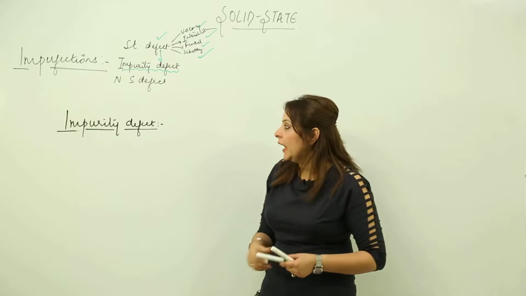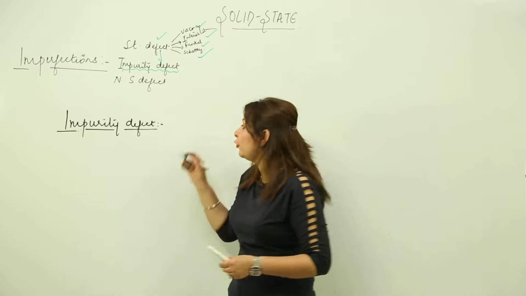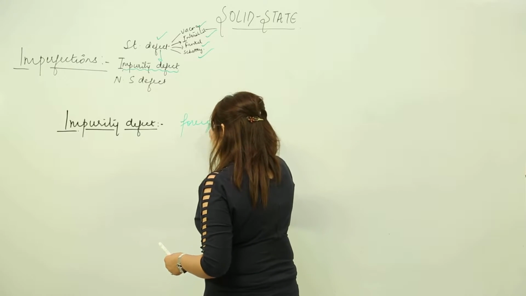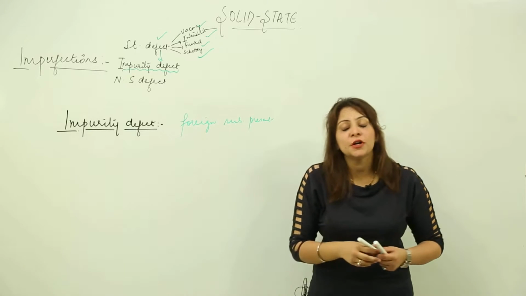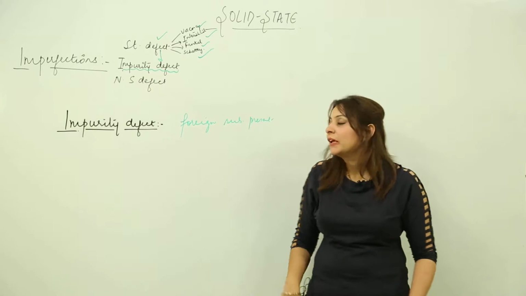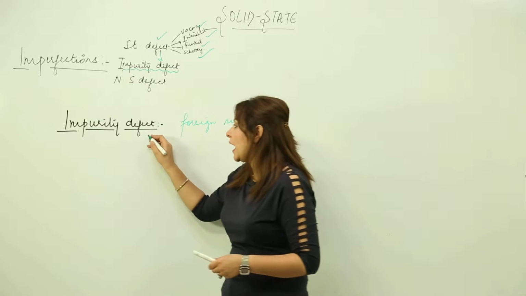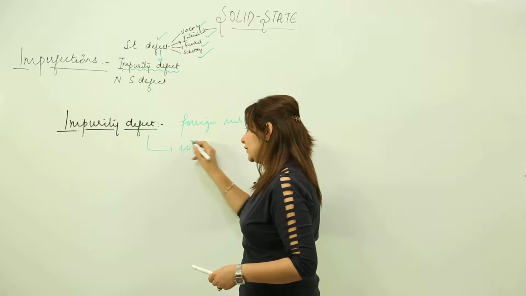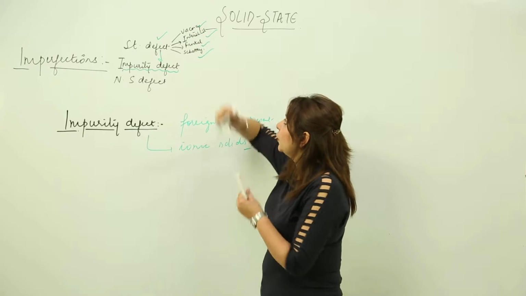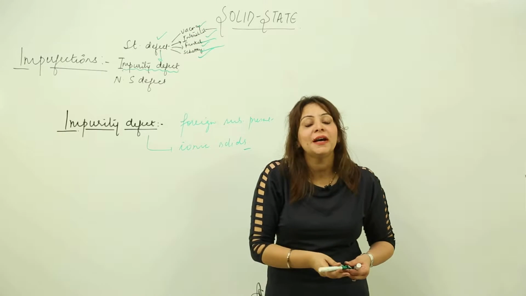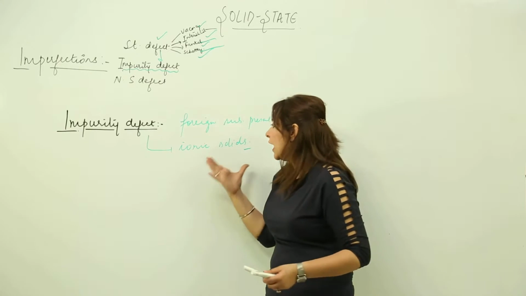impurity defect. Now in this impurity defect, as the name suggests, there will be some foreign substance present, which is responsible for the imperfection, obviously, right. And when we talk about what kind of solids it happens in, it happens in case of ionic solids. Earlier we took these types and out of them Frenkel and Schottky were shown by the ionic solids. So similarly keep in mind that impurity defect is also shown by the ionic solid.